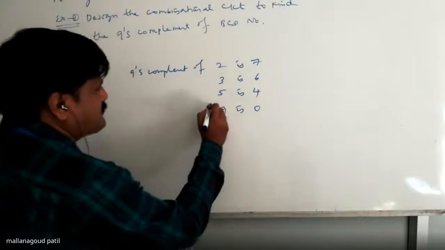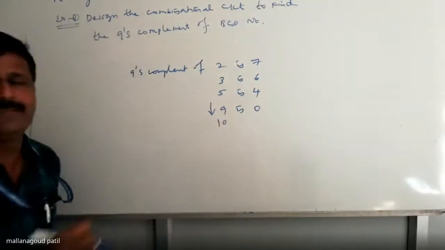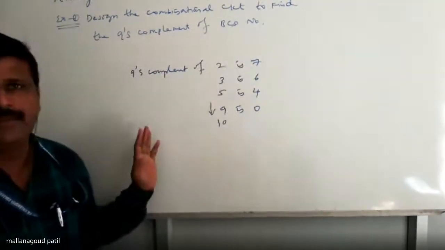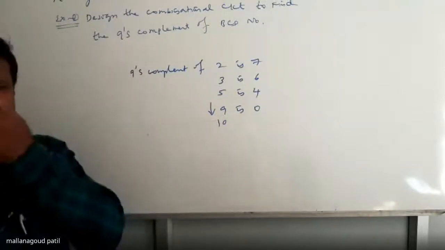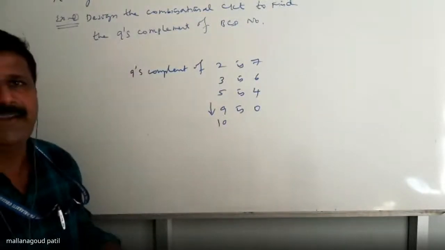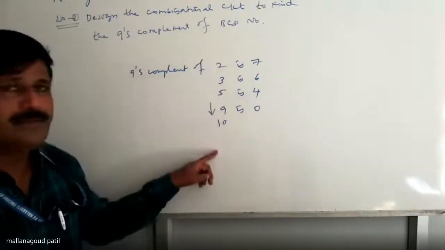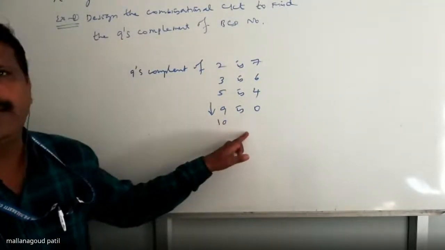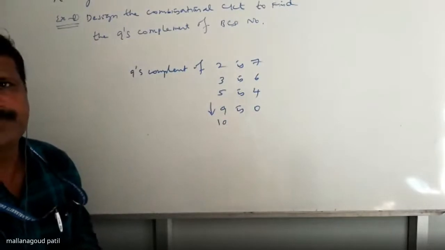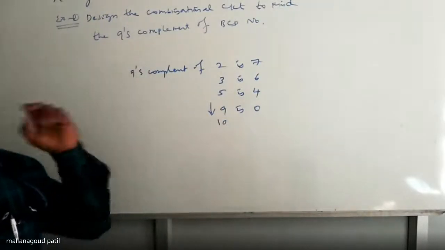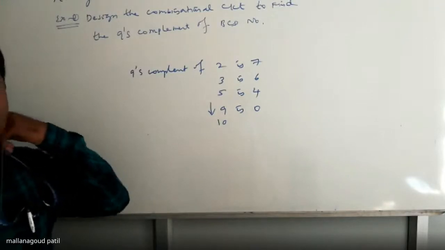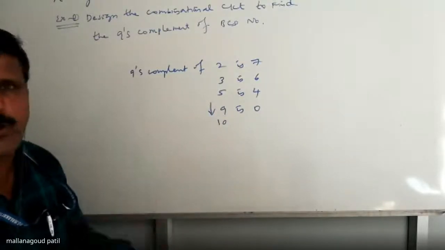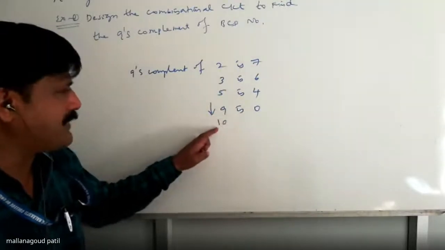Sometimes a question comes: sir, what is the 9's complement of 10? When you ask the 9's complement of a digit less than or equal to 9, you can easily write it. But 10 is not a single digit, these are all decimal numbers. Here you have 2 digits, so you must write in 2 digit fashion. But the example we will implement is for a single digit only, because as the number of digits increases, the design becomes complex.